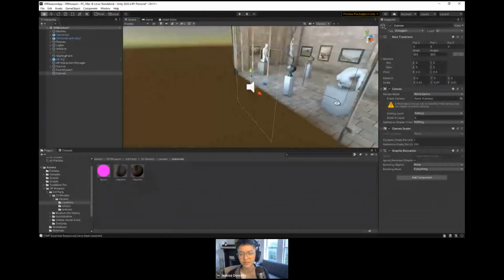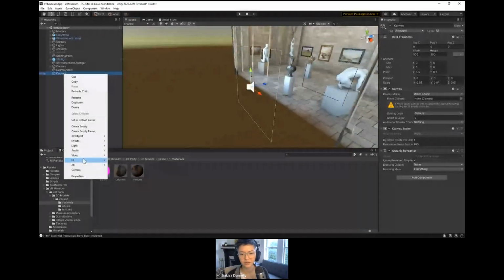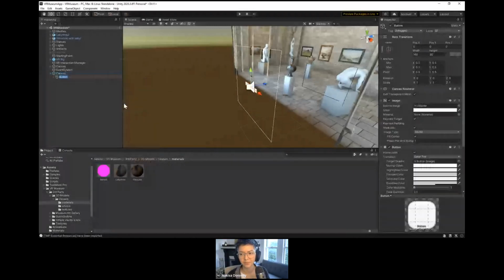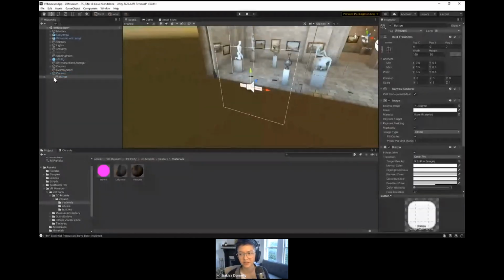So on this canvas, it needs a button. I'm going to right click on this canvas, go to UI and a button. Now this button, I'm going to change the icon of it. And I'm also going to modify the anchors. Now the anchors are something